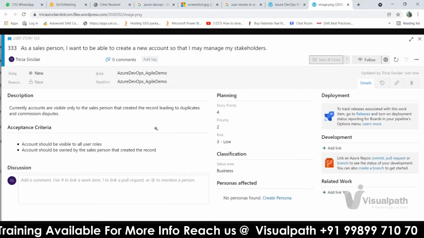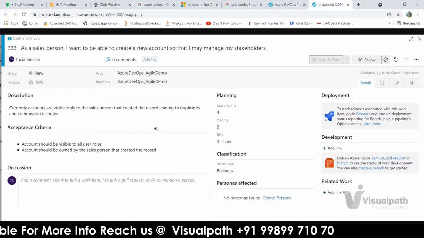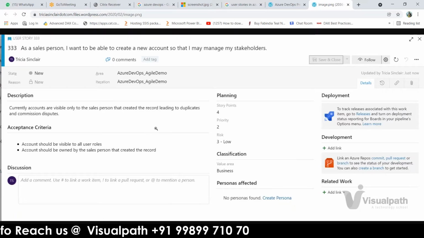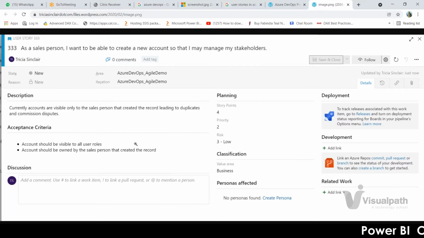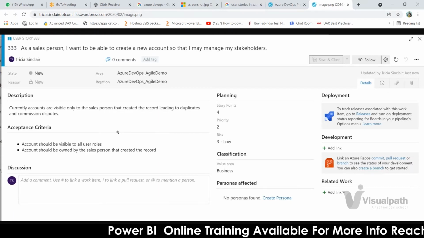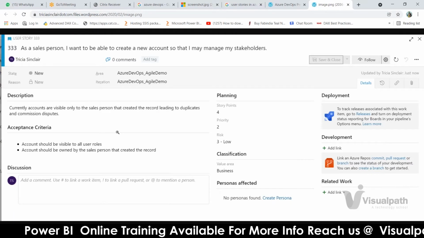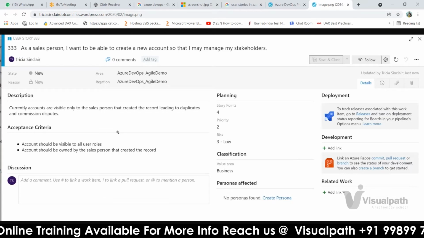At the time of explanation, you have to note down all those points. And then once you feel like, yes, I've understood the entire requirement and I'm ready to go ahead with the development, then you will analyze how long it will take, or what else you need to develop these things.